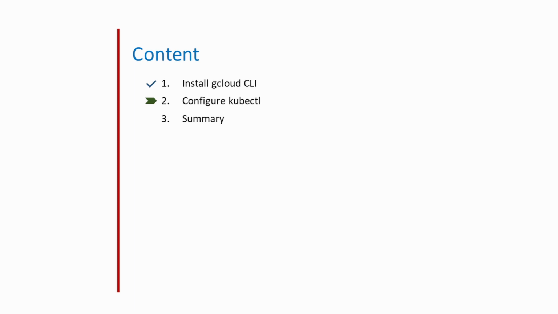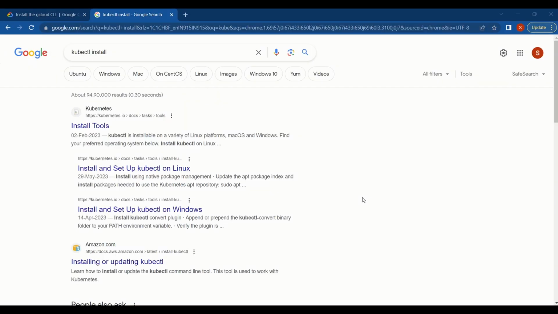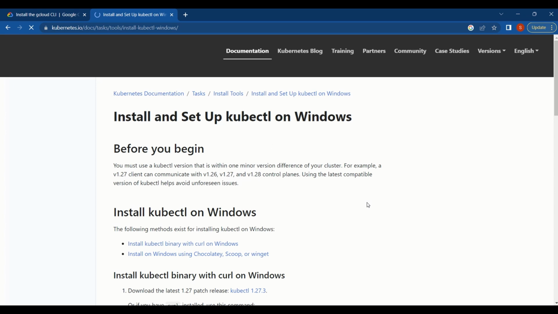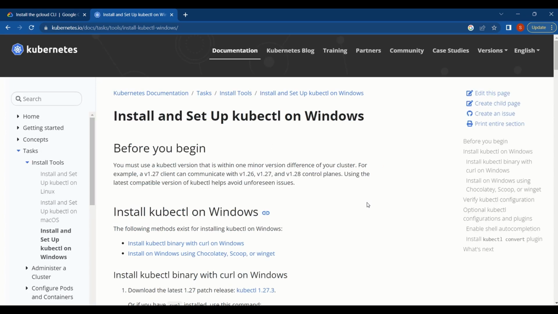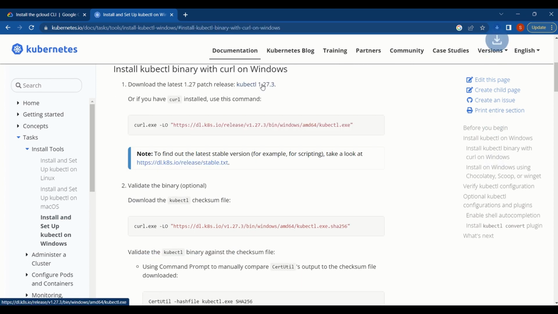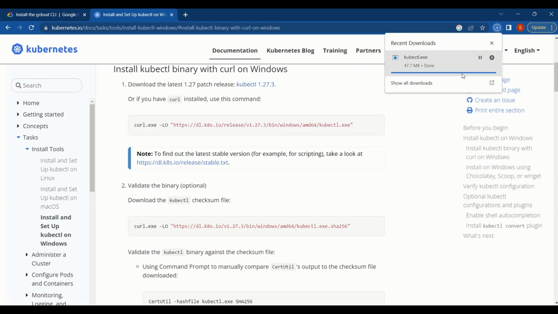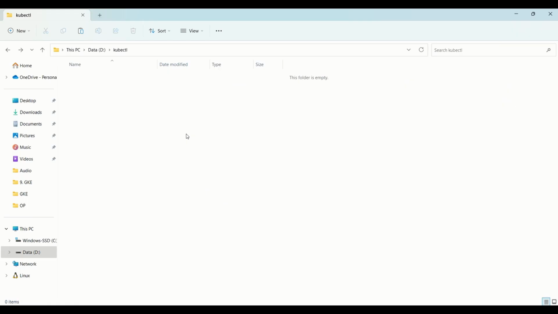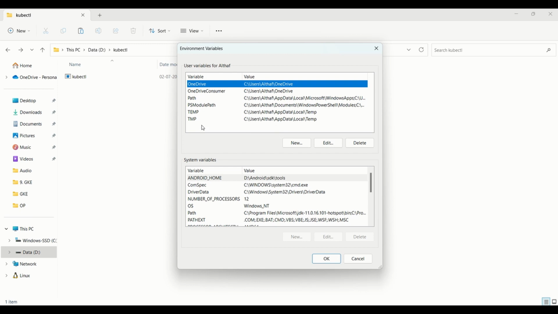Configure kubectl. Kubectl installation details we can get from the Kubernetes official site. Click on Install and set up kubectl on Windows. For configuration, we have different options available. We are going to download the exe file. We need to copy this file to a specific location, paste. Next we need to set up the environment variable, edit,